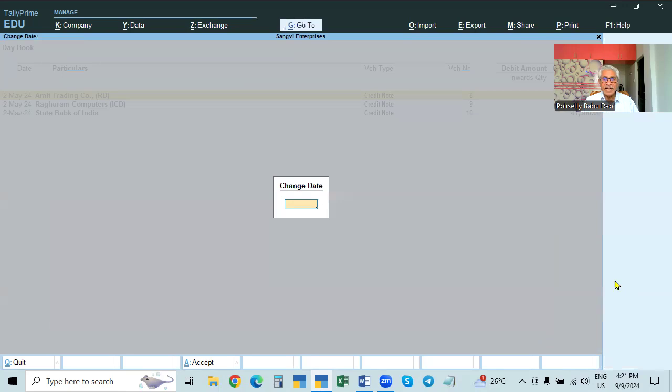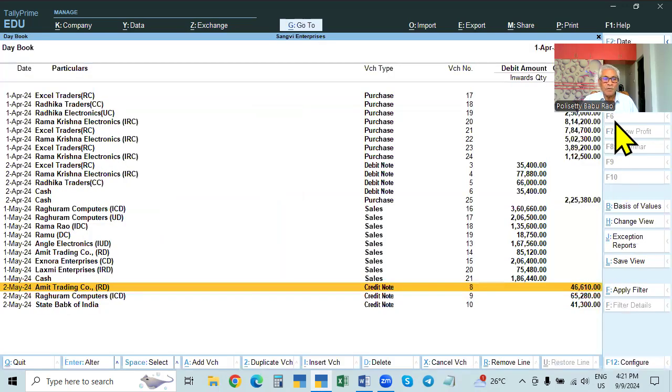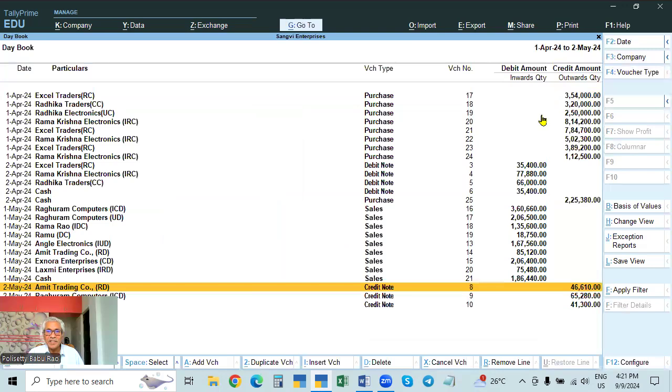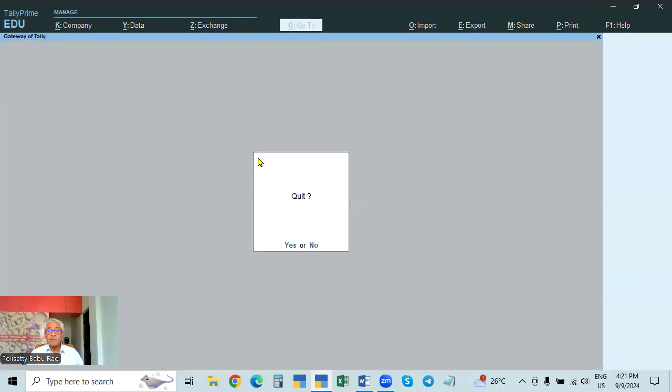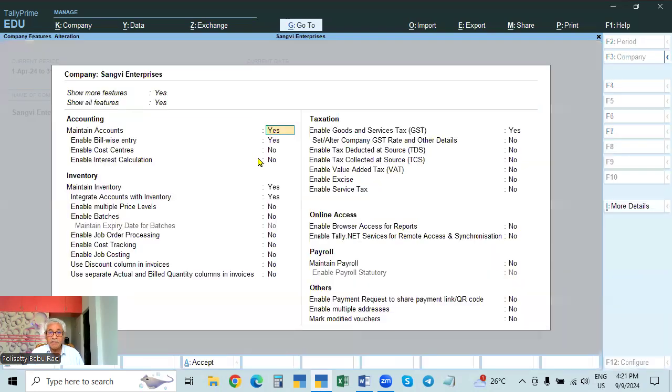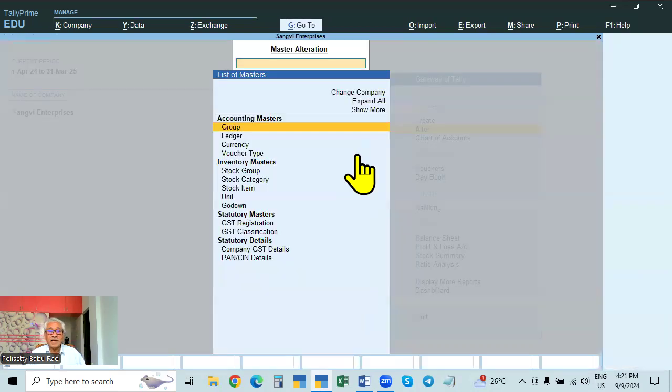When you are making the entry, we already made many entries. First we made purchases. So purchases first, we made Excel Traders, whether it is regular, registered, unregistered, or intrastate. When you're making the entry for purchase, and you enable the F11 feature, that is enable bill entry, then automatically, when you are creating the entry, the bills are concerned with the